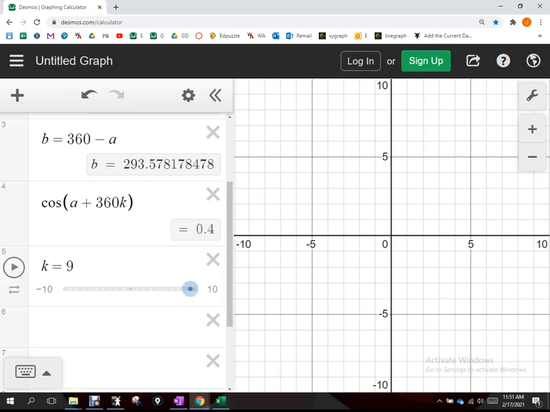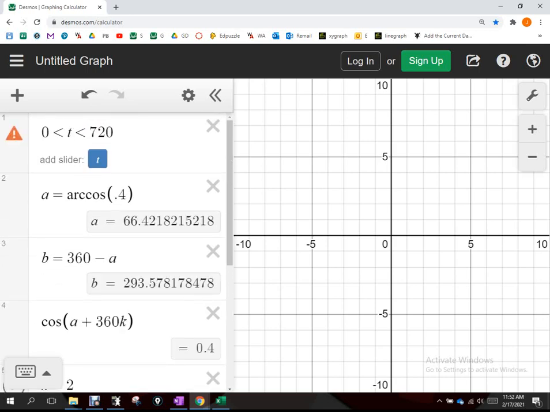So if K is 0, I'm asking cosine of 66 degrees, right? If it's 1, I'm asking 66 plus 360. If it's 2, I'm asking 66 plus 360 plus 360, right? They're all coterminal, right? So there's an infinite number of solutions